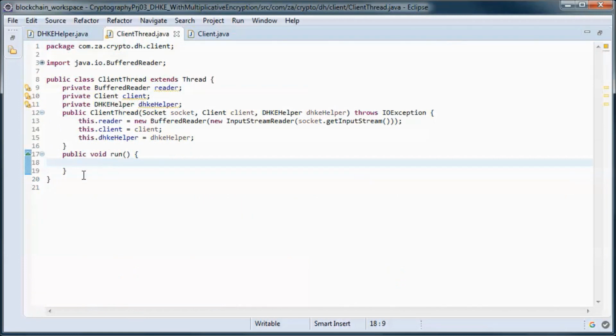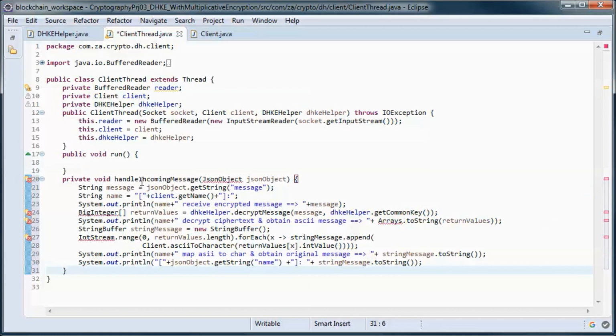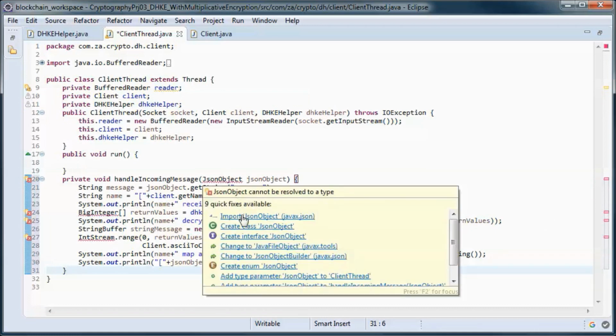Now going to the client thread class, this method handles incoming messages.